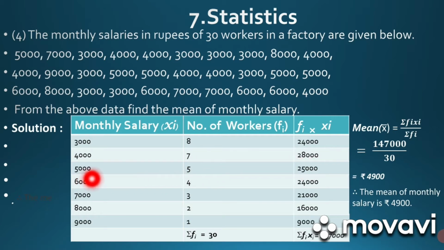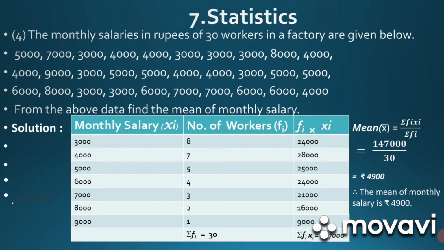For a salary of rupees 5000, the frequency is 5 and the product is 25,000. For rupees 6000, product is 24,000. For rupees 7000, the frequency is 3 and the product is 21,000. For rupees 8,000, the number of workers, that is the frequency, is 2 and the product is 16,000. And for a monthly salary of rupees 9,000, the number of workers, that is the frequency, is 1 and the